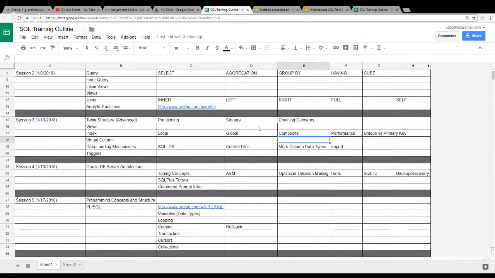We did review it extensively during the last session, and I did make an observation that folks needed more practice in order to get comfortable, because for a SQL interview or for any job interview in this area, you are going to get cases where they may actually ask you to take a test online, right?